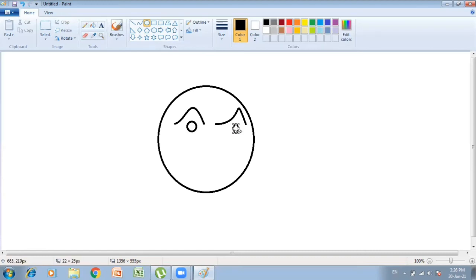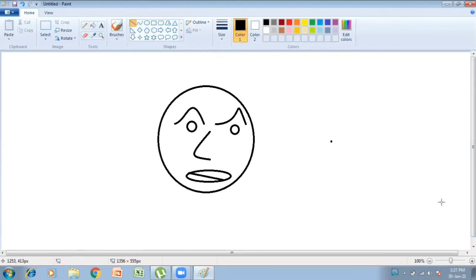Same for here. And again the curve tool to make the nose, and then like this. Use the oval tool to draw the mouth and the line tool, like it is given in your book. Okay children, so using these tools you can draw these types of figures.